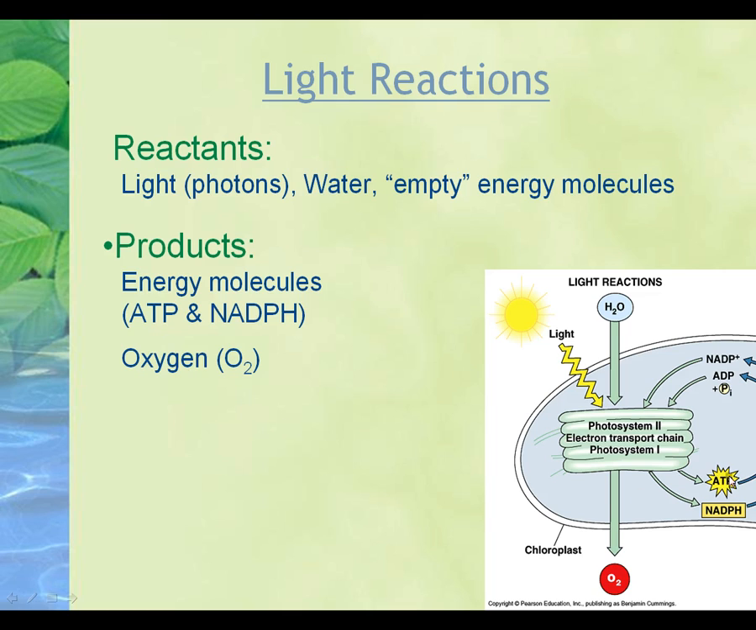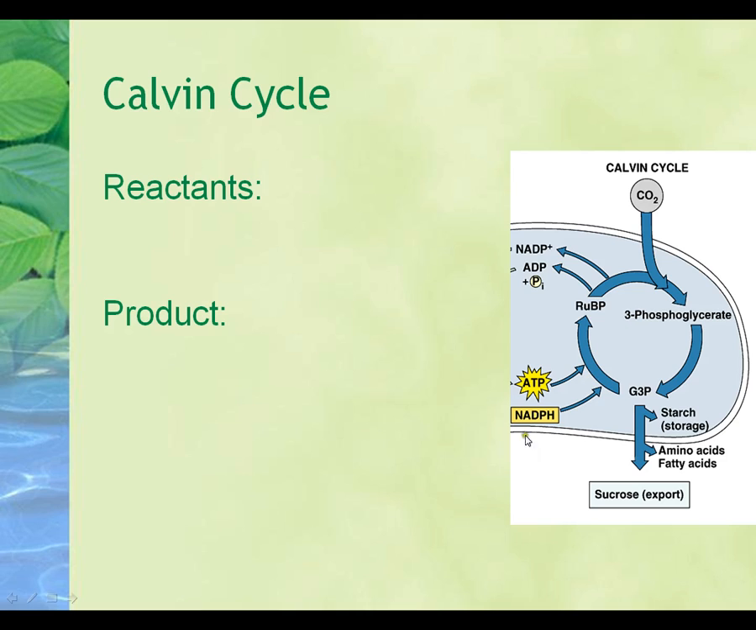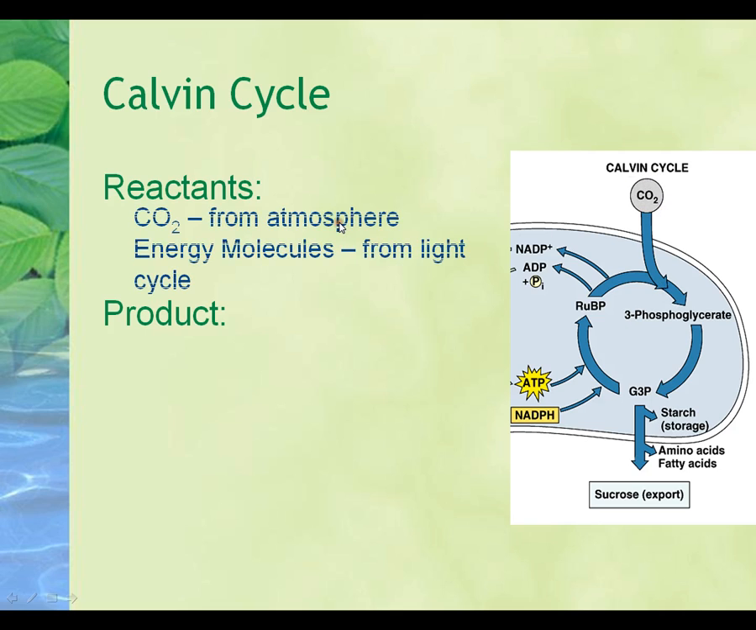So, having said that, let's follow the ATP and the NADPH that are now full with energy to the Calvin cycle. So here we are on the other half of the diagram. Here are full energy molecules, our ATP and our NADPH. And those are our reactants. Those are things that are going into this cycle. The other thing that we're putting into this cycle is our carbon dioxide. So our CO2